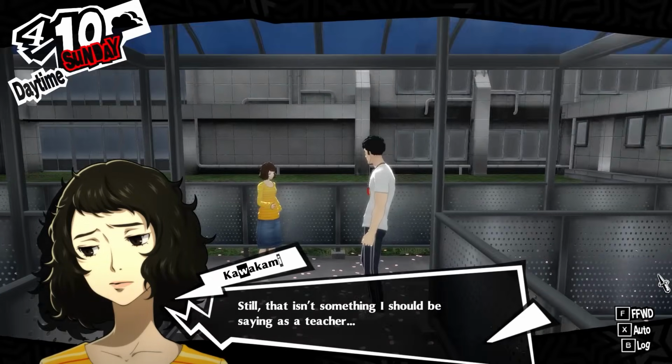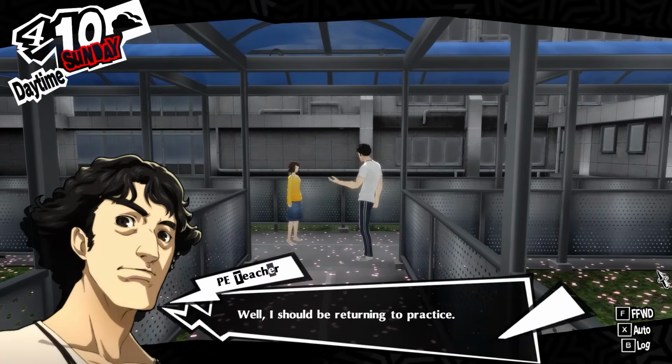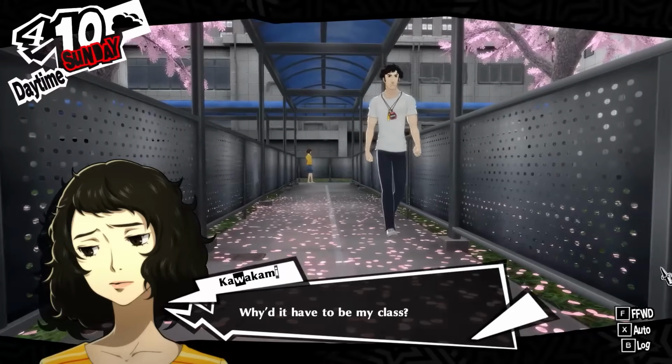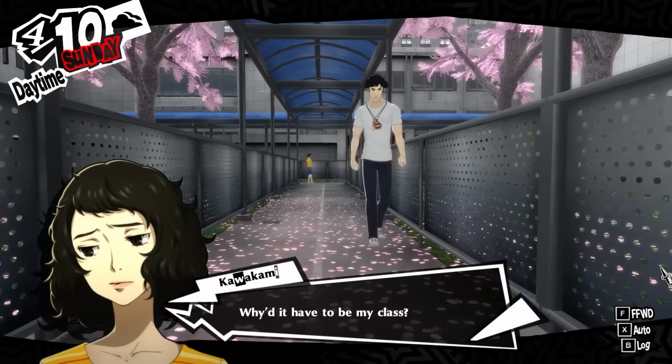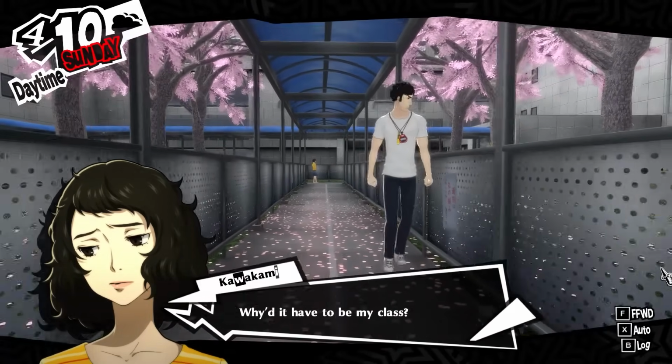Now, thankfully, Kawakami manages to escape the horrors of the principal's desk, but walks into something even more horrid: Kamoshida. And if you hold on her final dialogue box, we can see just how far Kamoshida goes. He turns his head, and then...